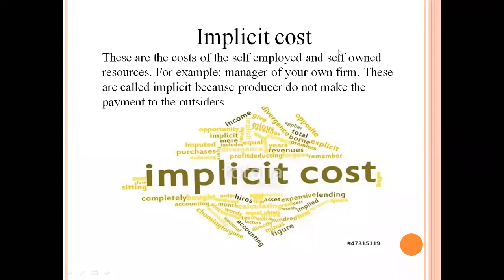Suppose आपको total profit हुआ 1 lakh, 40,000 you have to give the rent. In that case 60,000 is your divisible profit, but if you don't have to give the rent, in that case 1 lakh is your profit. बढ़ गया ना profit? 40,000 rent बाहर देते तो वो explicit cost होता, लेकिन 40,000 का profit बढ़ गया, बाहर पे नहीं करना, but this is the part of cost. That is why it is the implicit cost.